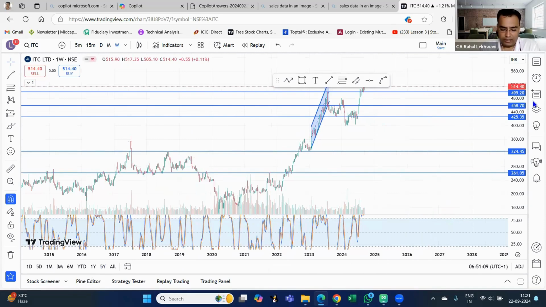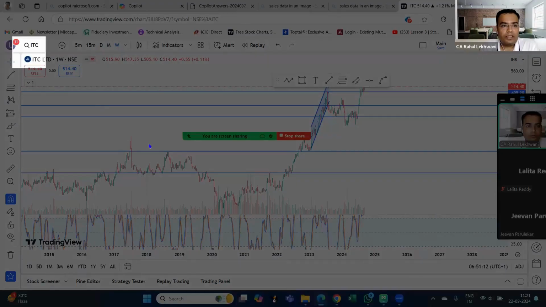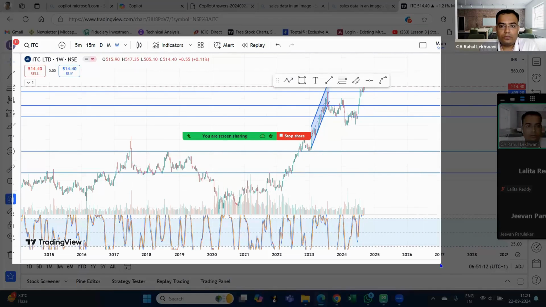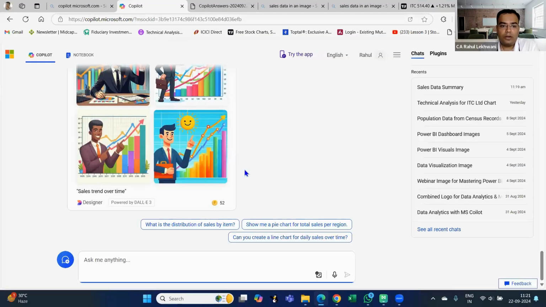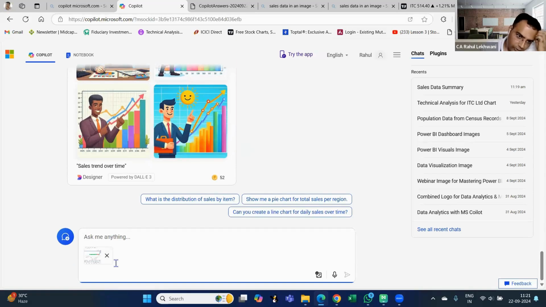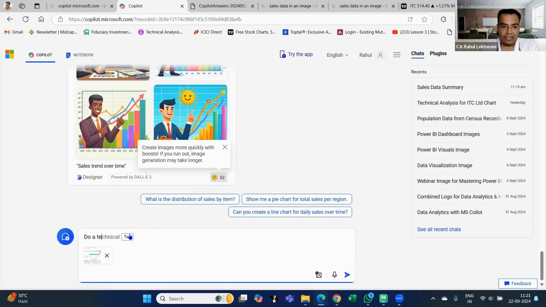Now what I'm going to do, I'm going to take a screenshot of this chart. So let me just take a screenshot. Right? And I'll just put this screenshot in Copilot. Okay. Now what I'm going to tell it is: do a technical analysis of the stock chart given in the image and provide